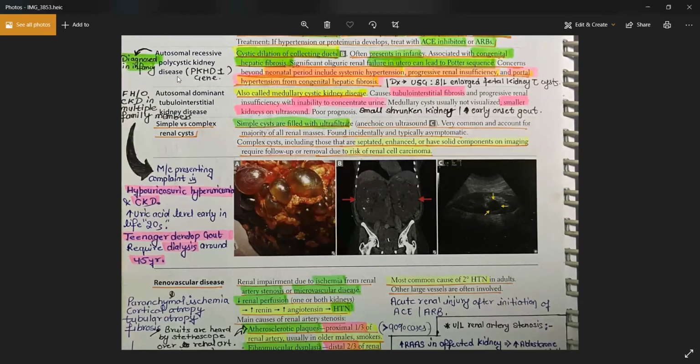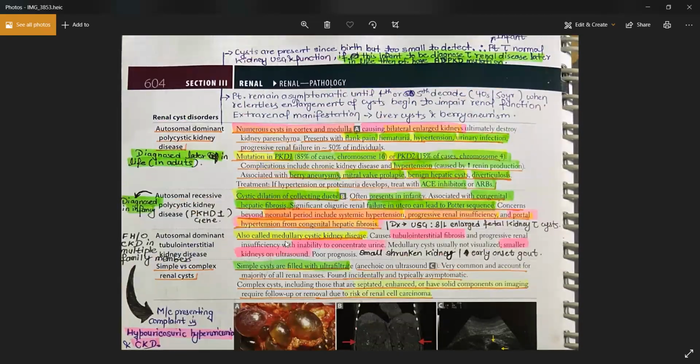Now you have the autosomal dominant tubointerstitial kidney disease. In this case, you'll have medullary cysts only, not in the cortex, only in the medulla part. So if you encounter cysts in both the cortex and medulla, think about ADPKD. If you have cysts only in the medulla, no cortex, think about autosomal dominant tubointerstitial kidney disease. You'll have tubointerstitial fibrosis in the kidney. You cannot concentrate the urine, so the specific gravity will be very low, and the osmolarity of this urine will be very low.